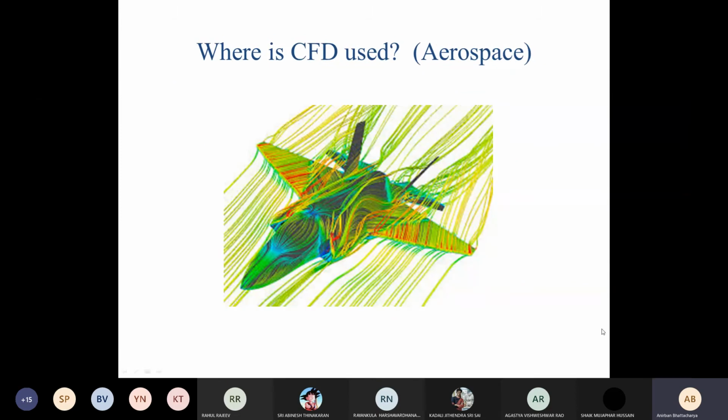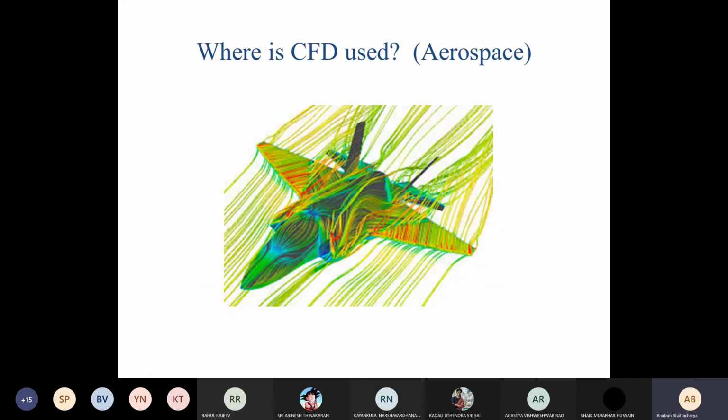So some of the examples where CFD is very much important and very widely used are aerospace industries. We have already discussed a lot about aerospace industries. So not only the aerodynamics, but also combustion in the gas turbine. Very important. There are separate teams working on combustion, then CFD about the wing structure, CFD about the fuselage. Fuselage is the body structure. Okay. Then a lot of other things.